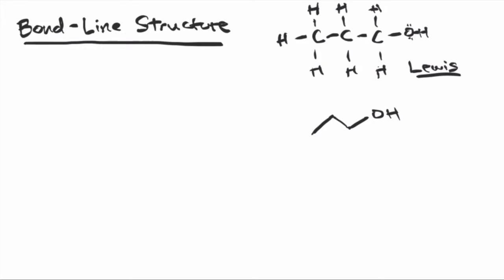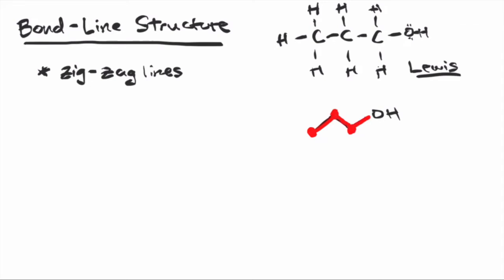So what are the features of this bond line structure? One feature is the zigzag lines. The ends of each line represent a carbon. So for example, here we have this line. It's 1. So there's a carbon at one end and a carbon at the other end. The second line going down, again, at the ends of that line are 2 carbons: the one that we already highlighted and another one there.